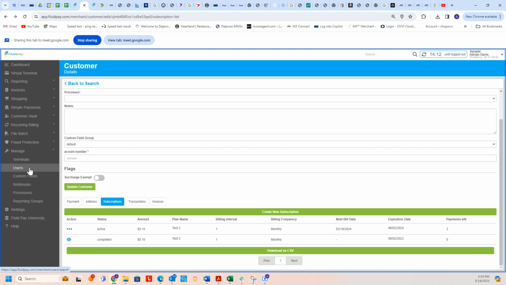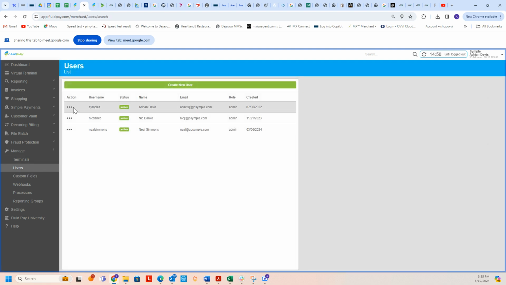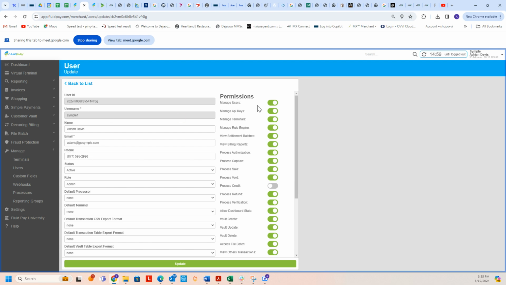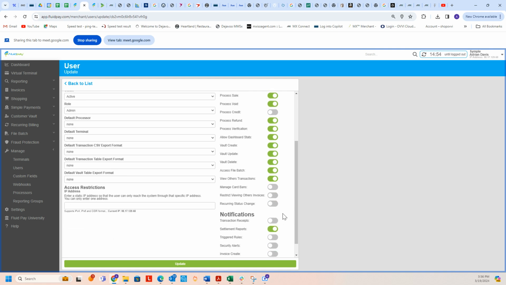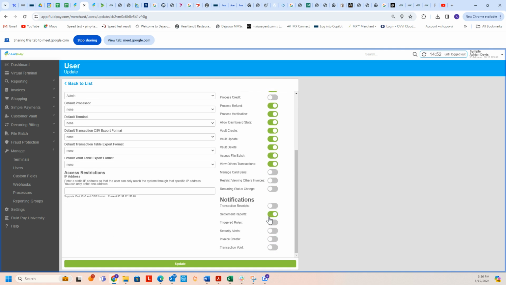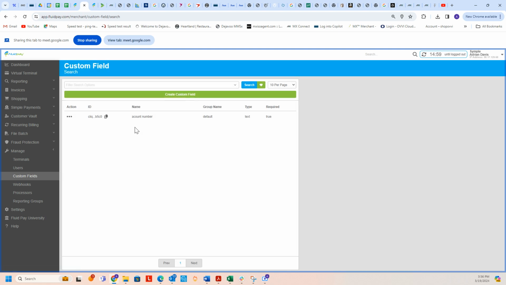If you go to manage, you can go to your users. I can edit my users. Here are all the permissions. I can change the permissions on each one of them. I can get notifications on transactions or on settlements. You can create triggered rules. I can get a notification if an invoice was created. I can get a notification if a transaction is voided. You can create custom fields